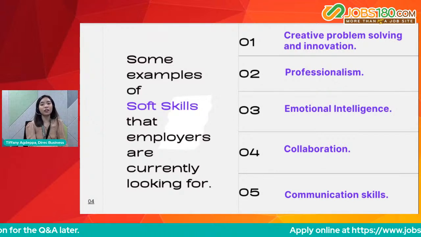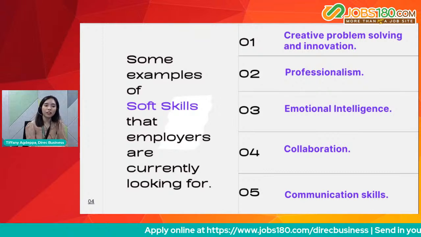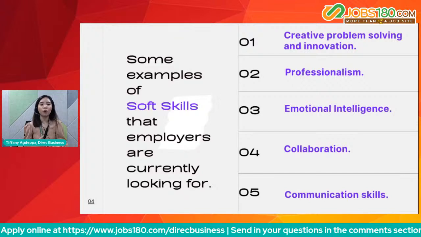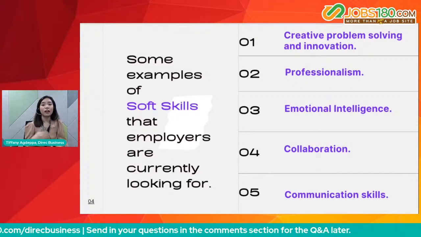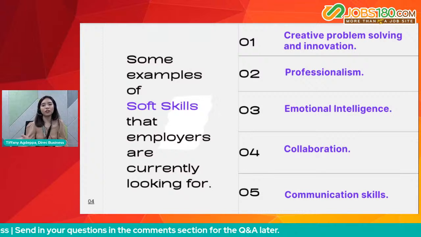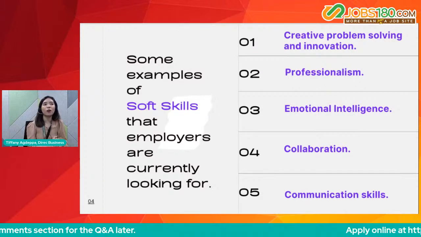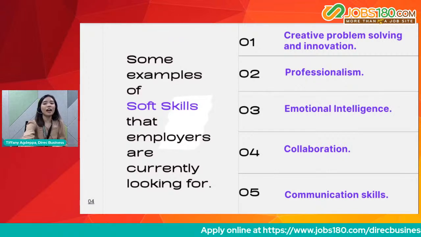So next is collaboration, no? This soft skill became much more important during this pandemic. For a company to have a successful work from home scheme, employees have to have a strong sense of collaboration and trust with each other. So here, in interviews, you could show how well you work with a team. And then lastly